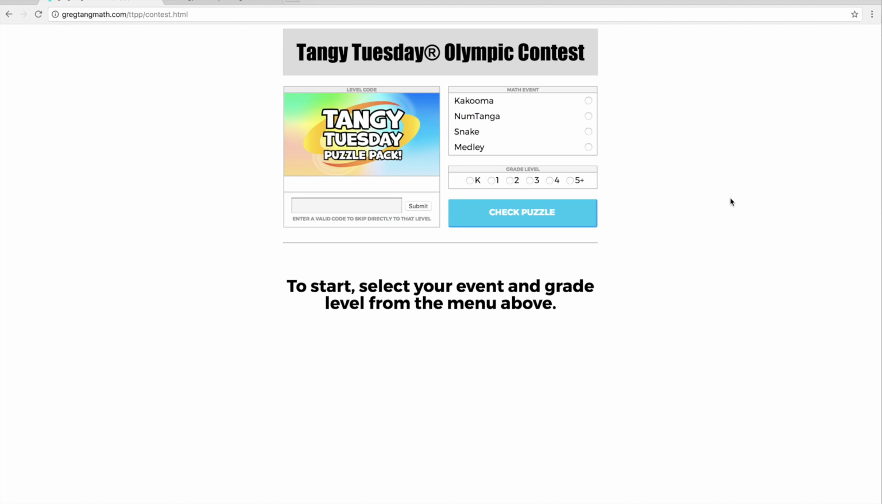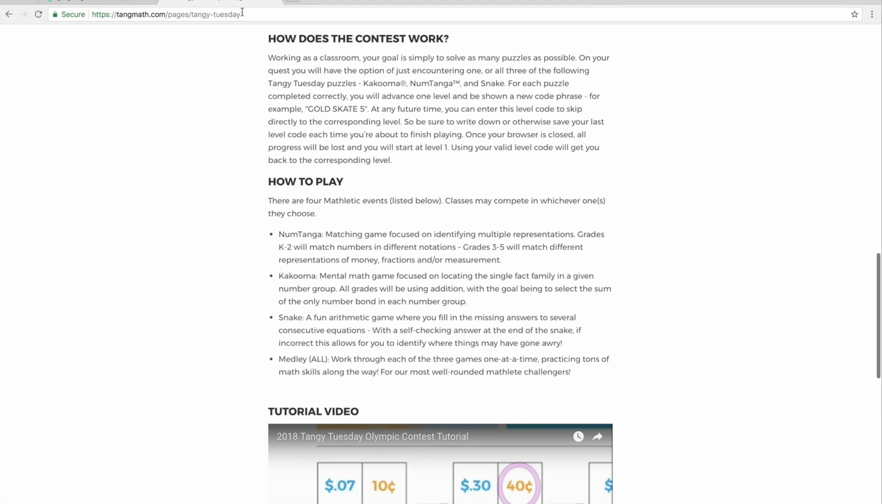This contest is completely free and any class is welcome to participate. The goal of this contest is to, as a class, solve as many puzzles as you can in a given event. There are 4 events to choose from: Kakuma, Tang, Snake, and a medley of all 3. The top 3 classes with the highest scores in each event will receive a grand prize at the end of the contest. You will find all rules and regulations right here at